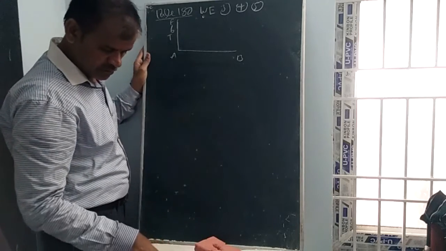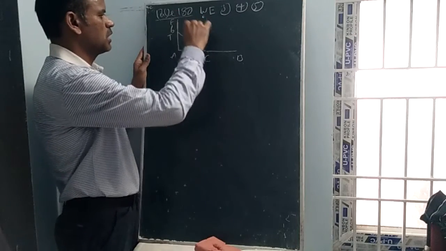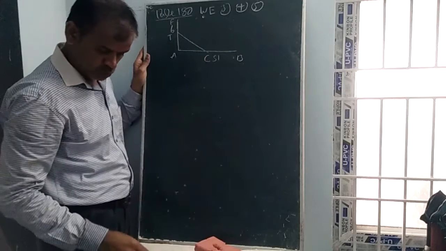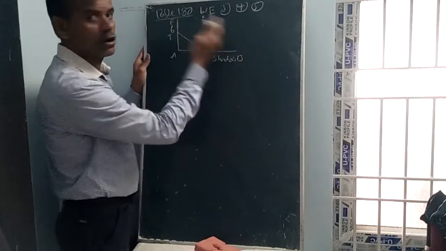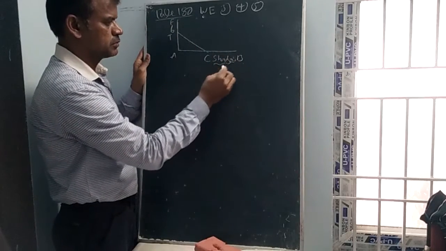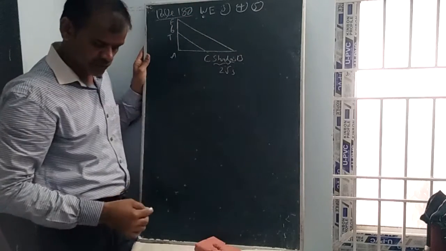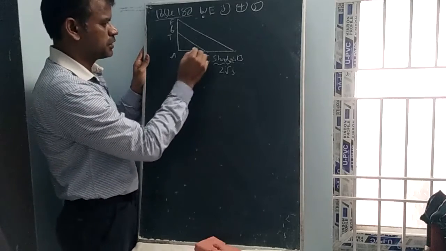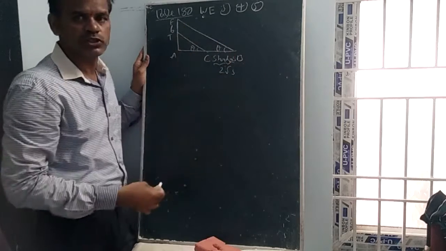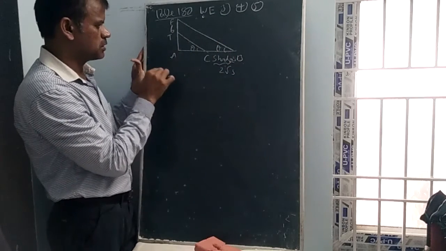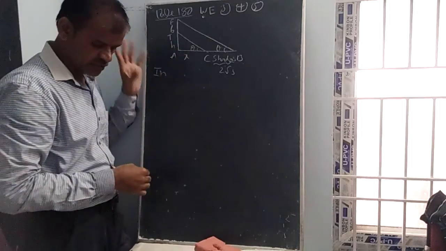Flagstaff 6 meters. This is the first observation point, this is C, and this is the shadow. How much shadow? The shadow of 2 root 3 meters, the shadow of this flagstaff. Now let the angle be theta. Here also theta, there will be no change. In triangle TAB, this is height H given, this is X, he did not give anything.